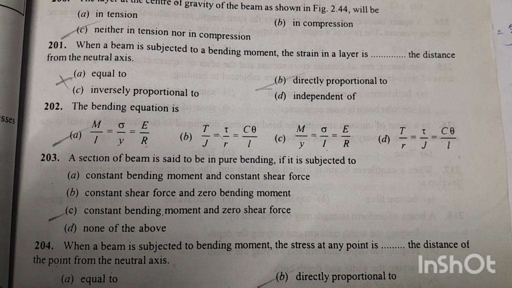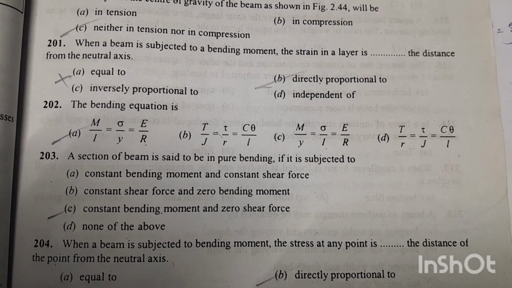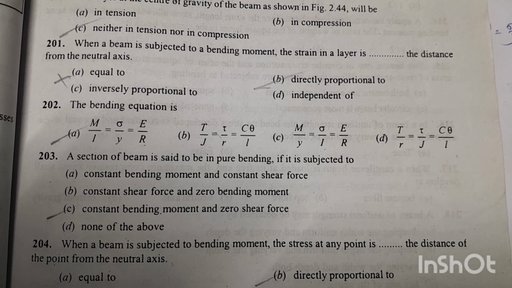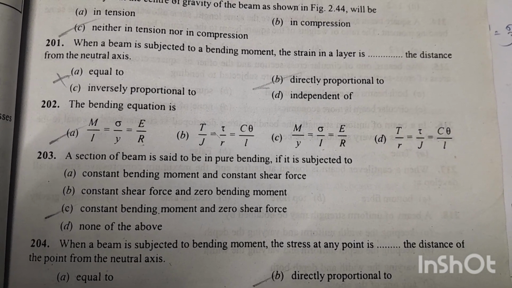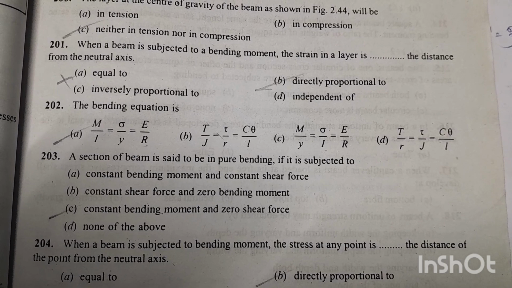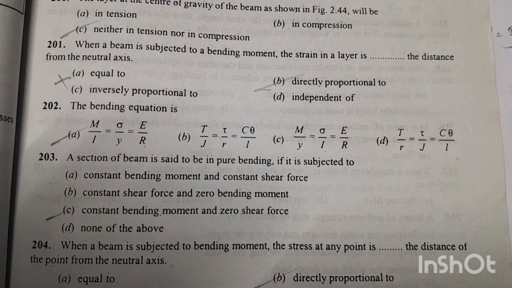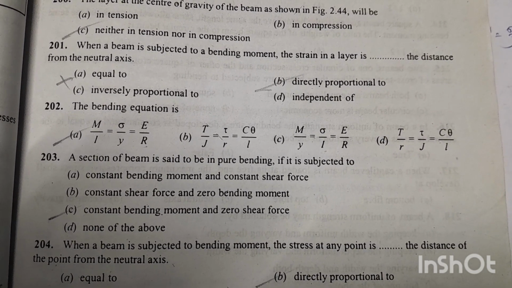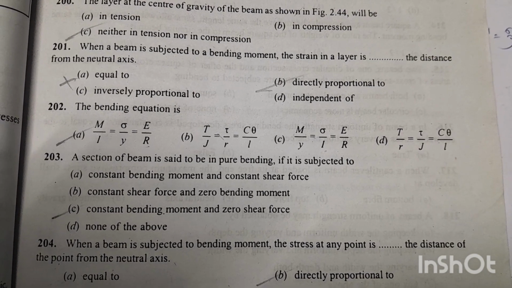Question number 201. When a beam is subjected to a bending moment, the strain in a layer is, option B, directly proportional to the distance from the neutral axis. Next, question 202. The bending moment equation is, option A is the right answer,